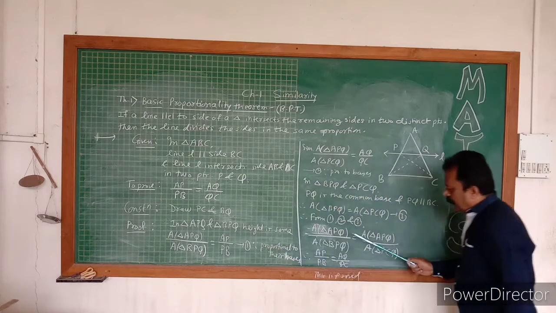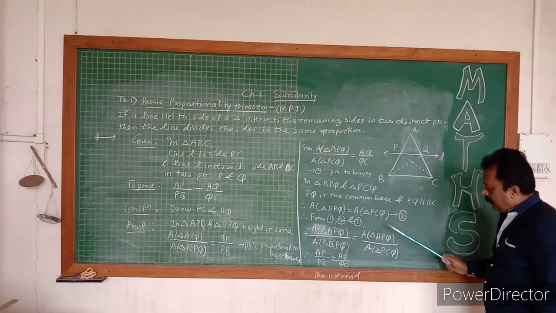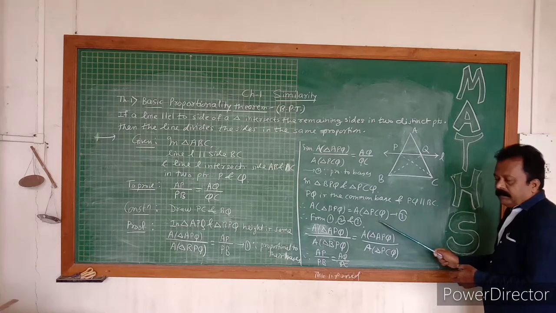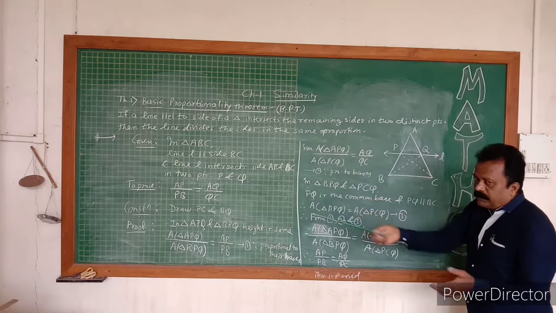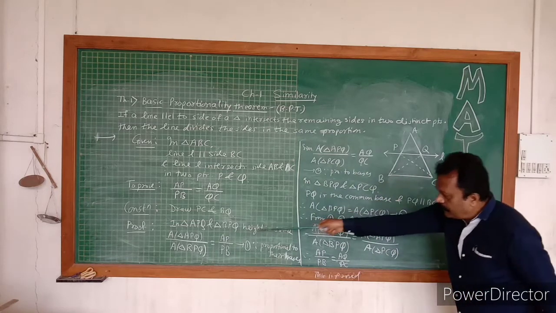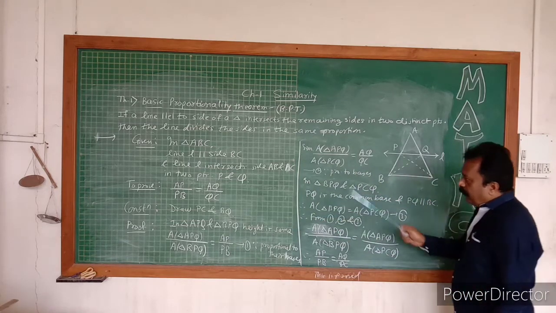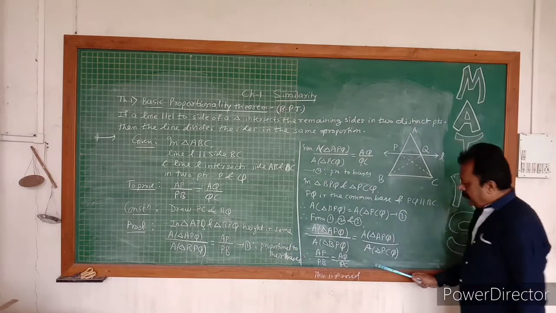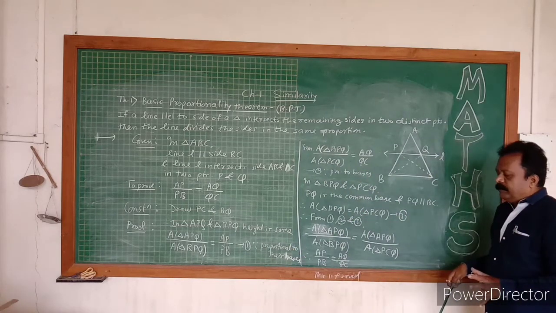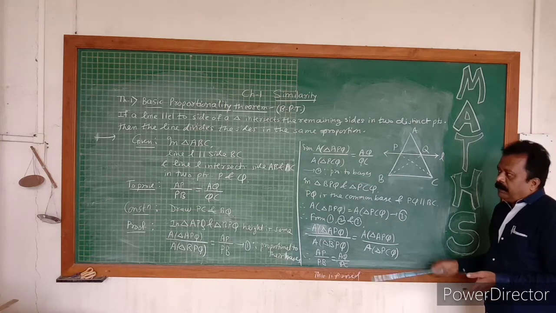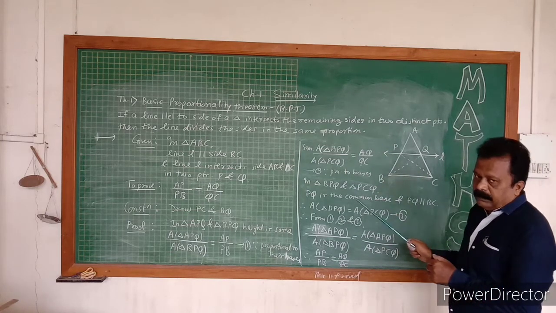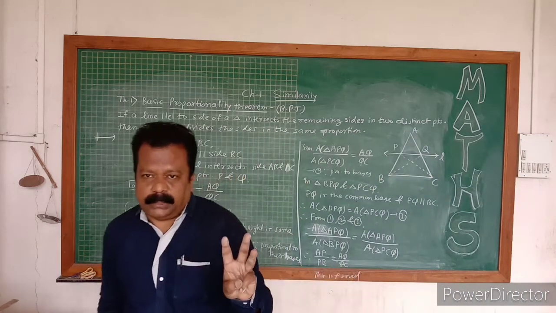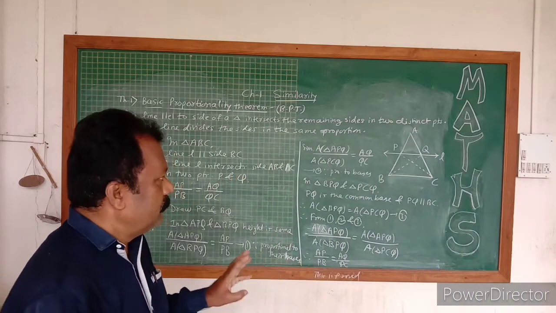Both are equal, so I have written left side is equal to left side. Area of triangle APQ divided by area of triangle BPQ is equal to area of triangle APQ divided by area of triangle PCQ. Why? Because both areas are equal. These denominators are equal, so the numerator is always equal, so the whole ratio is equal. Whole ratio equal means what? Left side is equal to left side, so right side is equal to right side. This is the proof of this theorem. This is all you have to write, and all these steps are necessary. This is for 3 marks in the board exam.